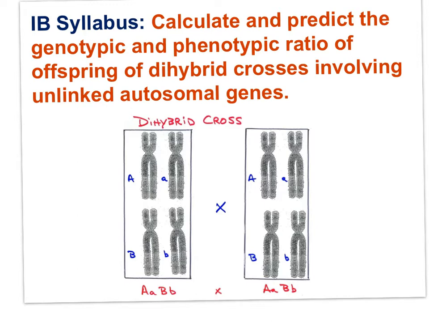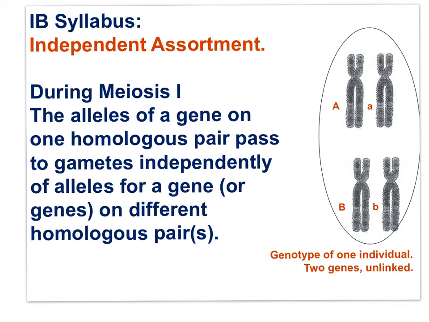Pay close attention. Independent assortment is a very important concept in understanding dihybrid crosses. The law of independent assortment states that the alleles of a gene on one homologous pair pass to gametes independently of the alleles for a gene on different homologous pairs. Independent assortment of unlinked genes, like A and B here, is due to the random orientation of pairs of homologous